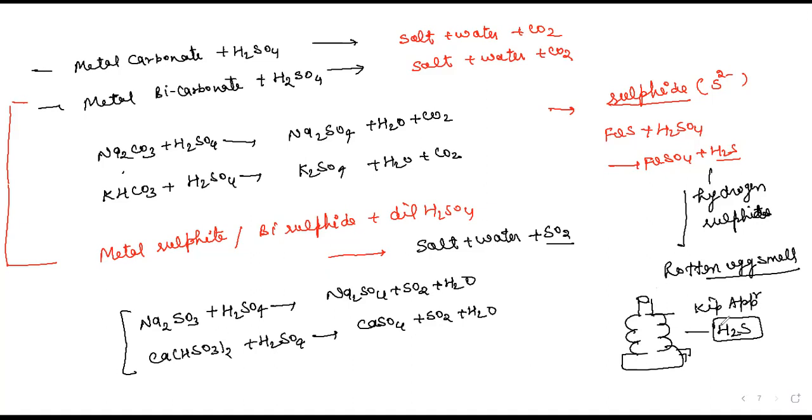This type of experiment is known as Kipp's apparatus, and it is basically used for the preparation of H2S. In higher classes like 11th and 12th, you will do this experiment. Kipp's apparatus is made from plastic, a white colored apparatus, basically a pipe connected over a pipe. It is used for making H2S, which has a rotten egg smell. Whenever H2S is formed in the lab, all the students go away because the smell is so bad.